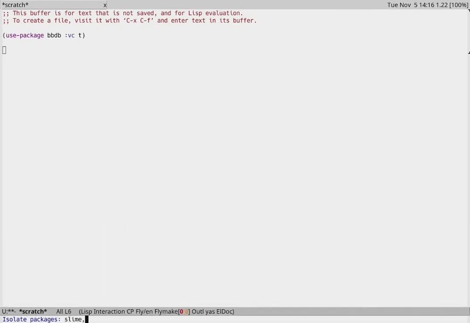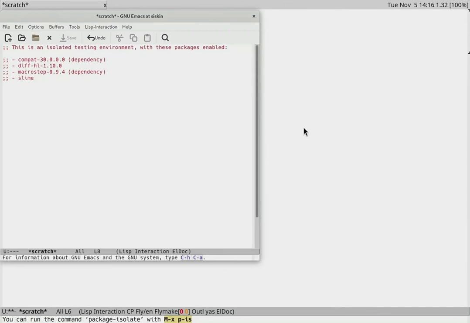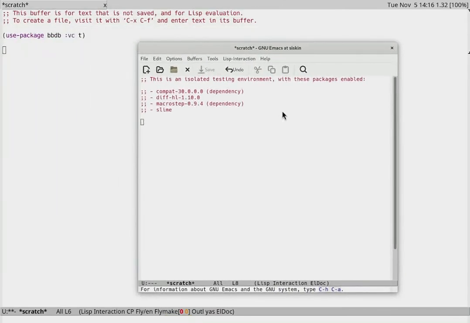So for example, if I said I want slime and I want diff.hl, then this is a new Emacs window. It's unrelated to the one around. It uses the same executable, of course, but will not load your configuration file or any other further customizations on your system. All it does, it will ensure that these packages which are listed here, so in our case slime and the dependencies of slime and diff.hl, are in the system,